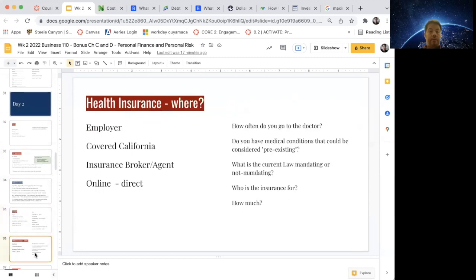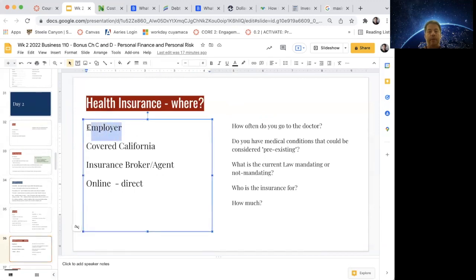So, okay. Where can I get some health insurance? So usually the first place most people get it is they go to their employer. You get your job, you've got your interview. The first few things you're doing is you're signing paperwork. And one of the things you can sign up for is benefits. Now, if it's hourly work, generally you don't get to sign up for benefits like health insurance until a trial period is over, like 6 months to a year. And then you're eligible for some of those benefits.